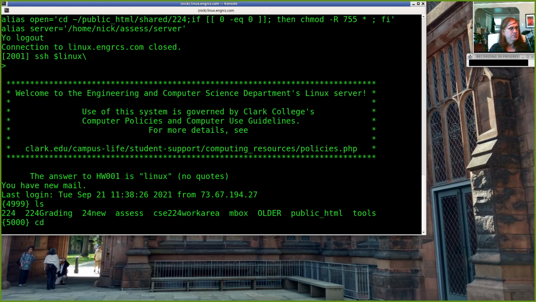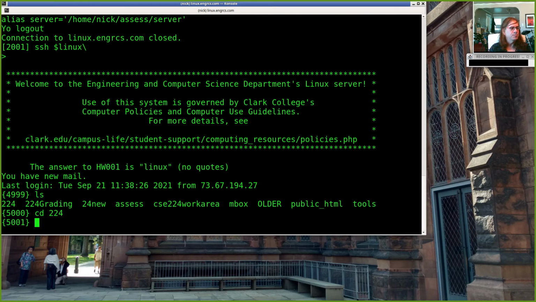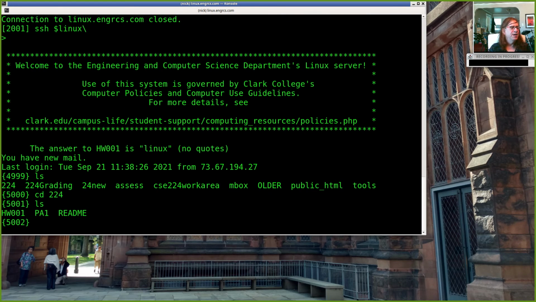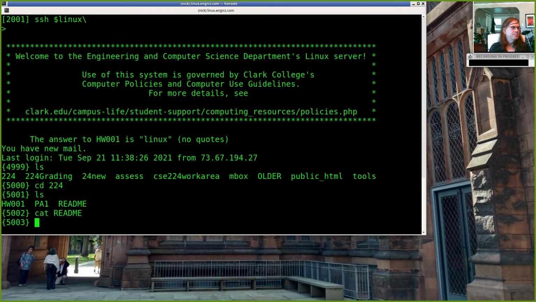Suppose I go into my 224 directory and I've got a few files sitting in here, right? Let's say I want to look at the contents of the README file. I can say cat README. It's an empty file, that's okay. But if I were to just type the letter R and then hit the tab button, it'll type the rest of the file name for me.